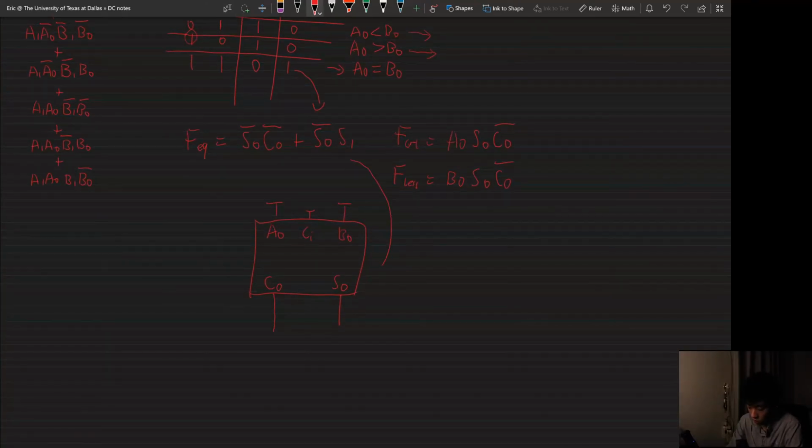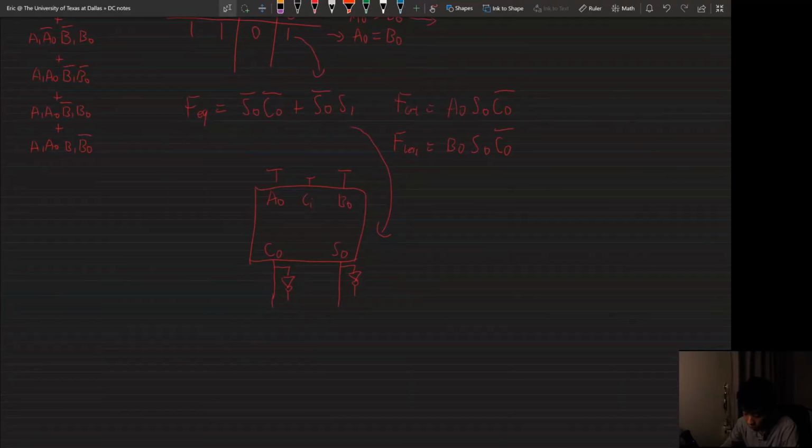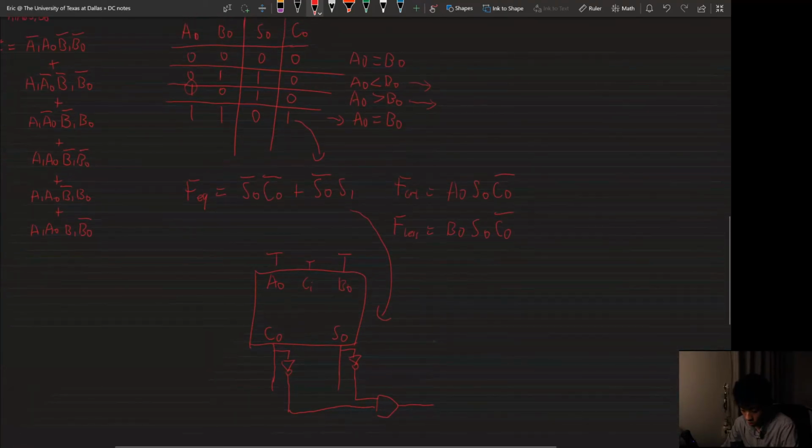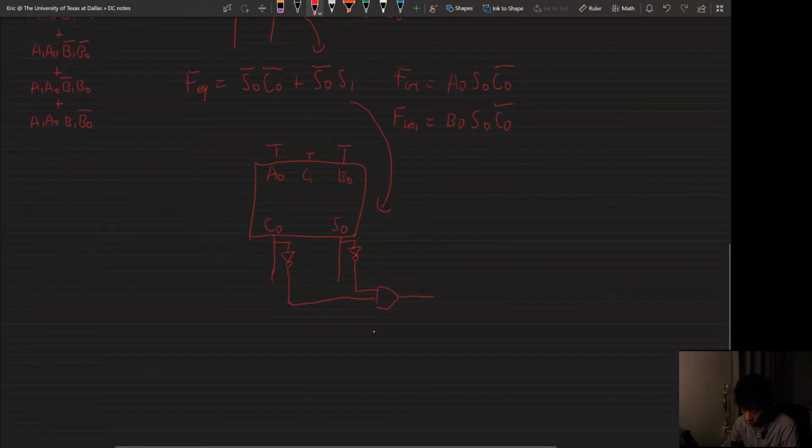So from this equation we can see we can design another circuit here, and let's invert both outputs, and F equal will be S0 not ANDed with C0 not, and here's another output which is S0 not, and